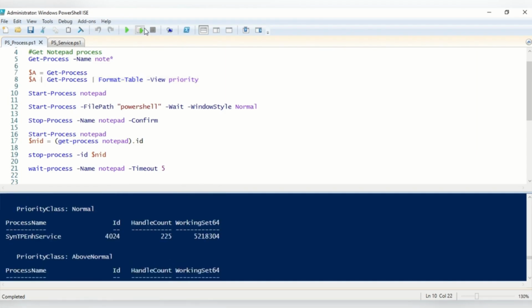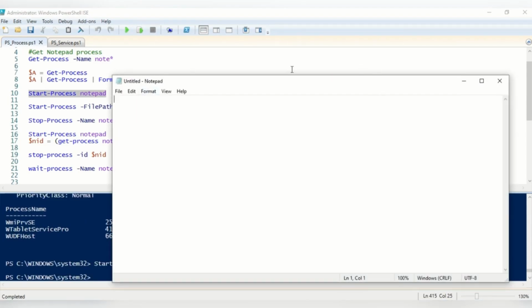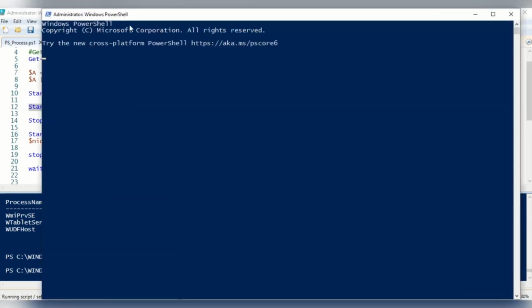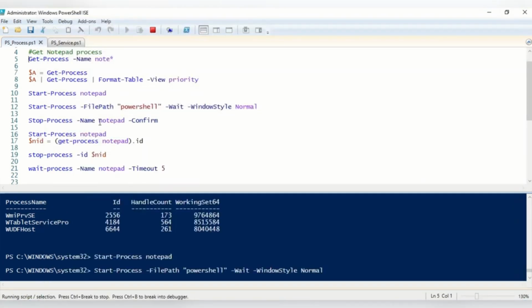Then start the process. I'll be starting it. You can see how it's opened again. Start-Process, PowerShell, wait, normal, PowerShell also got started. Stop the process means